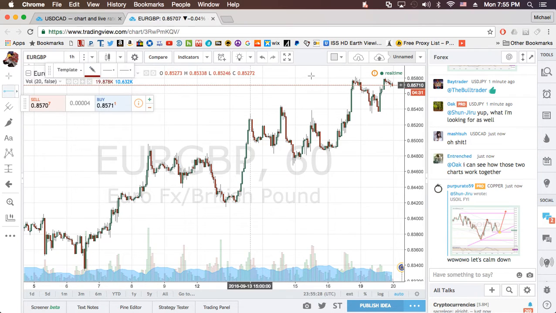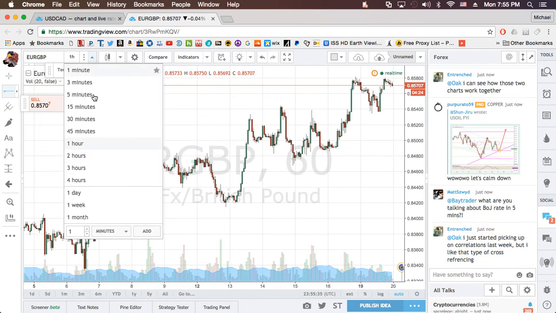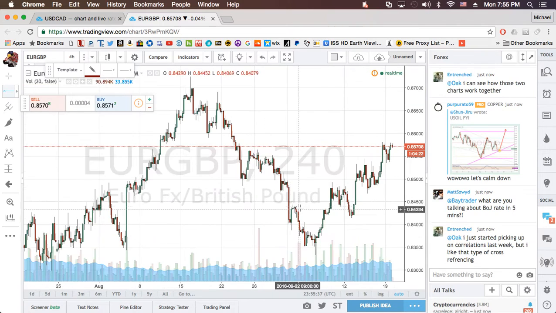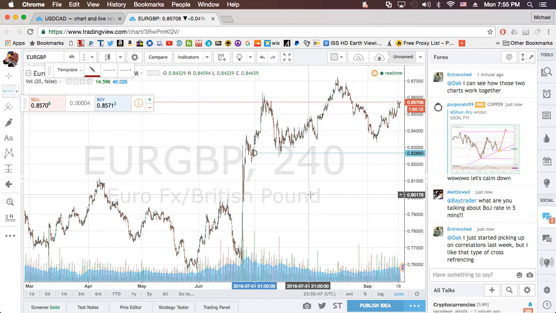Like what you can do, you're looking at the 1 hour. What you could do is set it for the 4 hour, and then you'll really see where all the peaks and the lows are at, and then just use that ray and tag every top and bottom and see what you end up with. I mean, usually if you zoom out far enough, when you put your cursor, you'll see the little dotted line. You'll see all the spots where you're hovering.